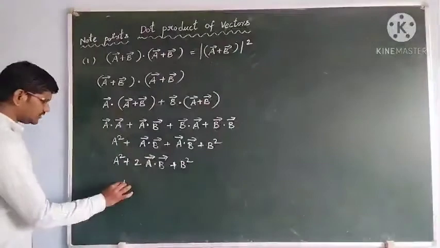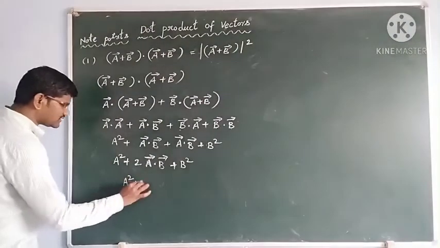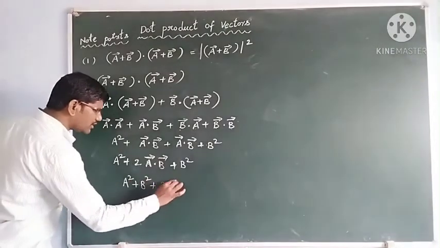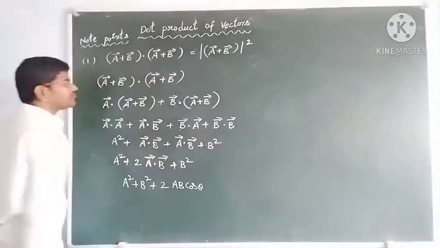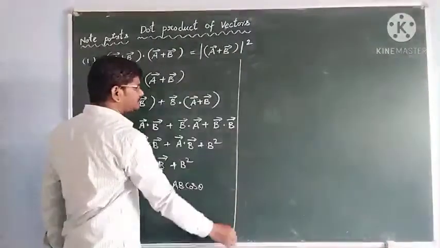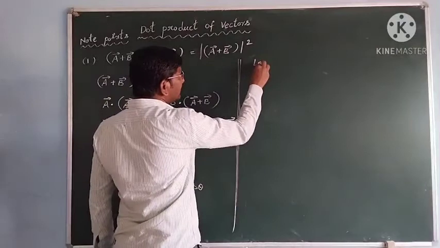And you know that you can write it like this: A square plus B square plus 2 into A bar dot B bar, which is AB cos theta. This is the LHS term, you got it. Now let us take